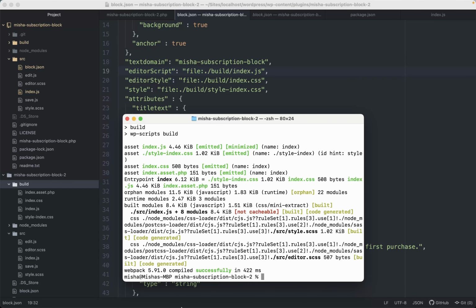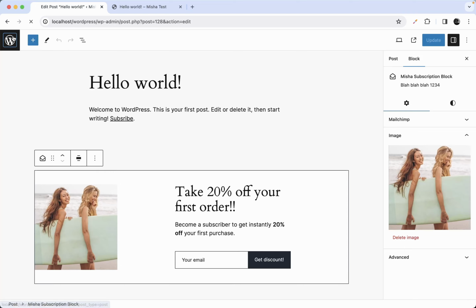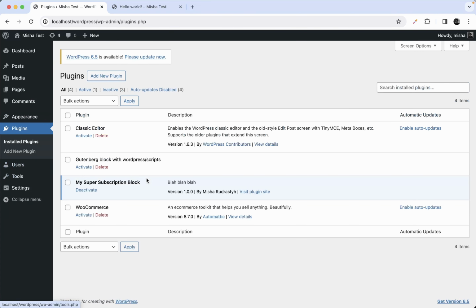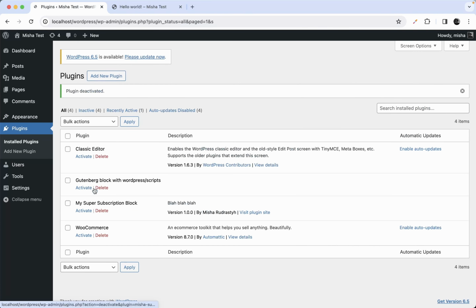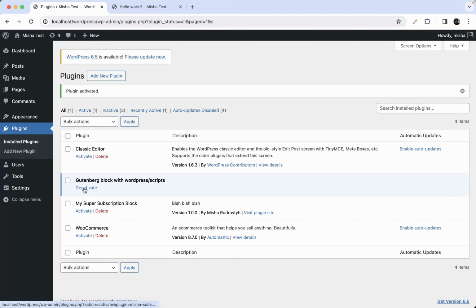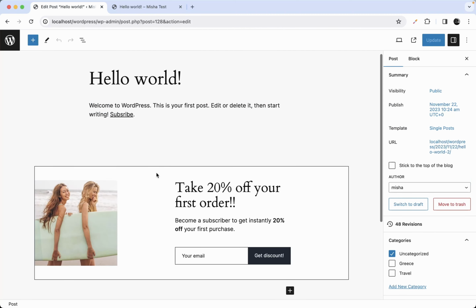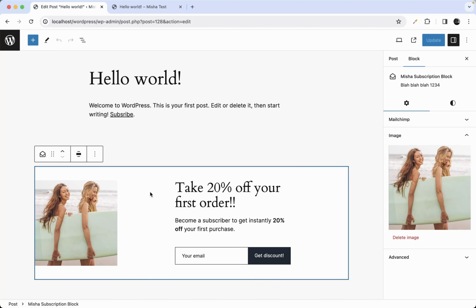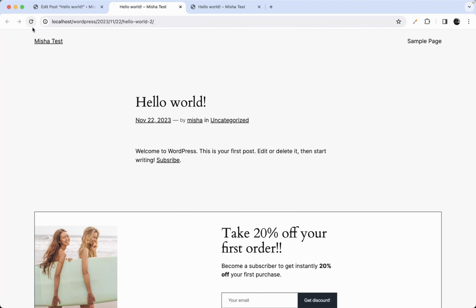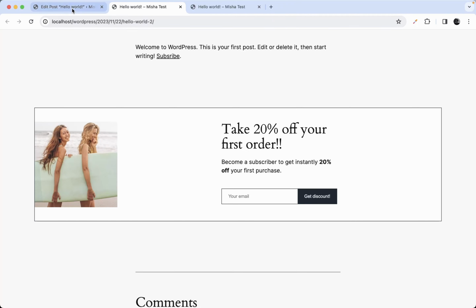Yeah, it's working, guys. And now let's go to our plugins page over here. Let's deactivate our old block and activate a new one, Gutenberg block with WordPress/scripts. And go to our post, and as you can see, we still have this block, so it's working. And if you just try to preview it over here, yes, the block is here and